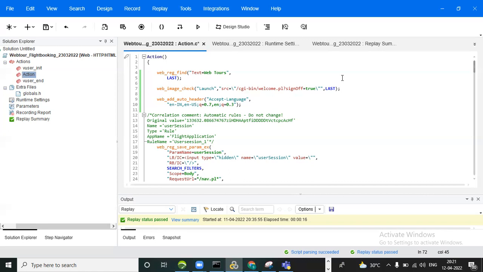LR start and end transactions, right? Yes. Yesterday also we used LR functions.